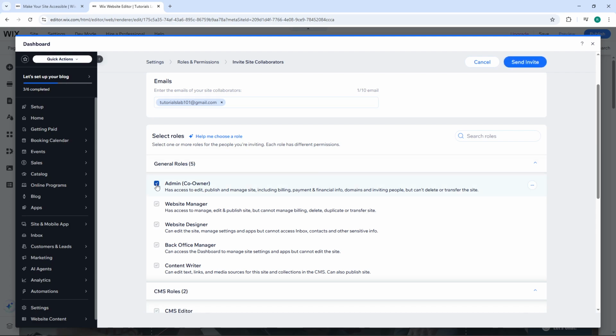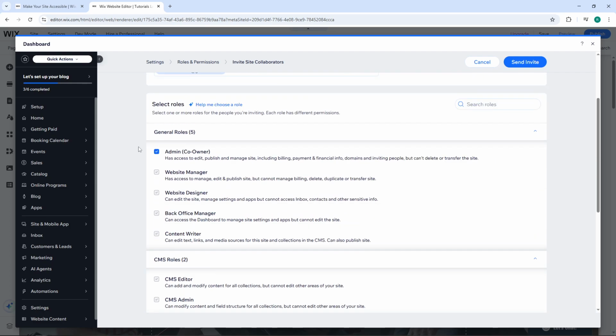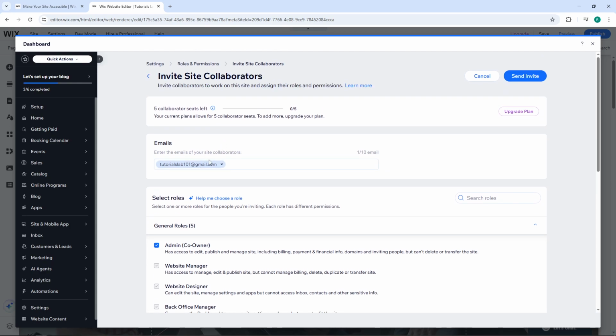This role grants full access to your site, allowing the new admin to make changes, manage settings, and control nearly every aspect of your website just like you can. Once you've selected the role, double-check that the email address you've entered for the admin role is correct. When everything looks good, click on Send Invite, and that's it. The invitation will be sent to the email address you provided, and once they accept, they'll have full admin access